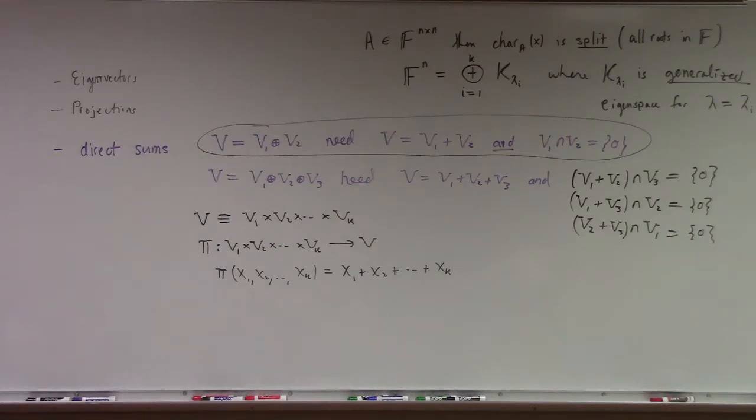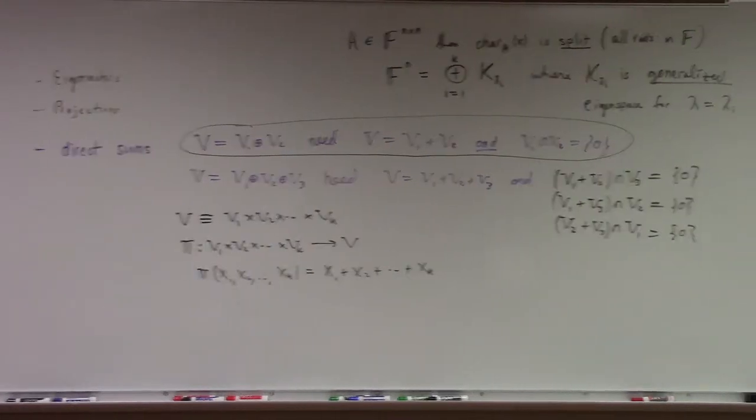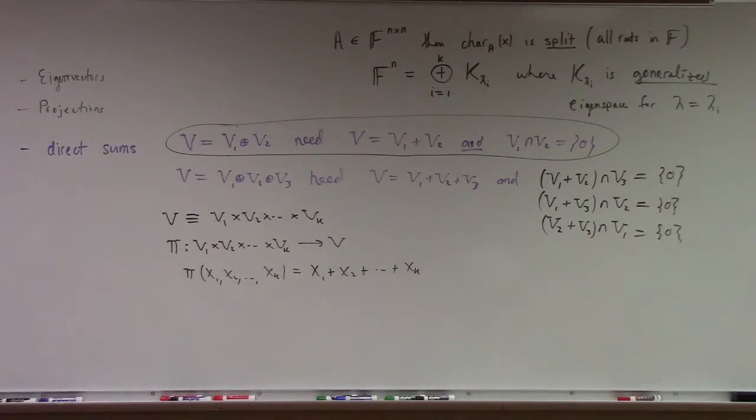In the real case, we have trouble, right? We can get what? Complex eigenvalues, right? So then this theorem doesn't make sense anymore because you may have no eigenvectors or no generalized eigenvectors. Can you give me an example of a matrix which has no real eigenvalues and no real eigenvectors? 2 by 2.